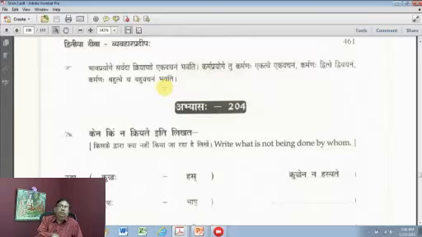Karma Prayoge, in the passive voice, Karmanaha Ekatve, if the object is singular, Ekavachanam. Karmanaha Dvitve, when the object is dual number, then you get Dvivachanam. If the object is Bahuvachanam, then Bahuvachanam. That is very simple. So what is the difference between active voice and passive voice? In active voice, the